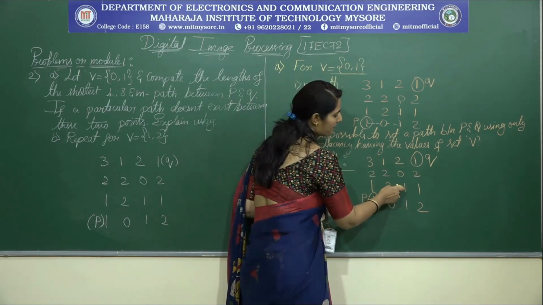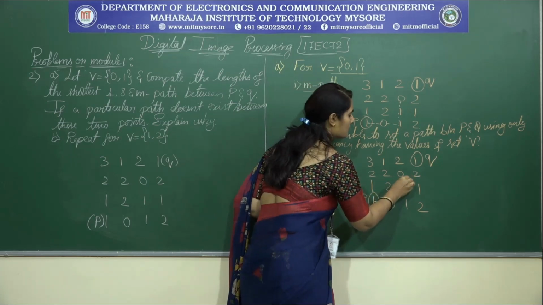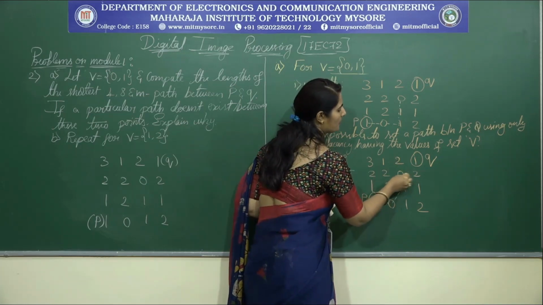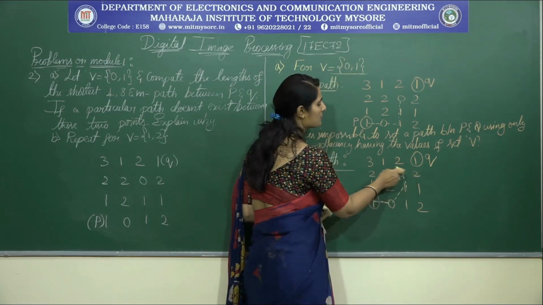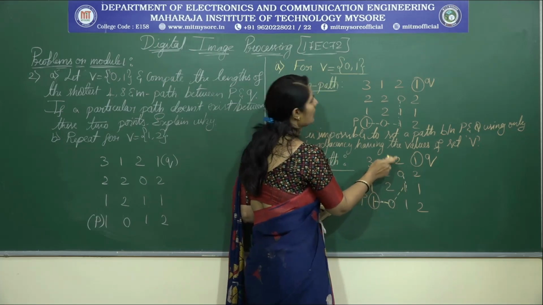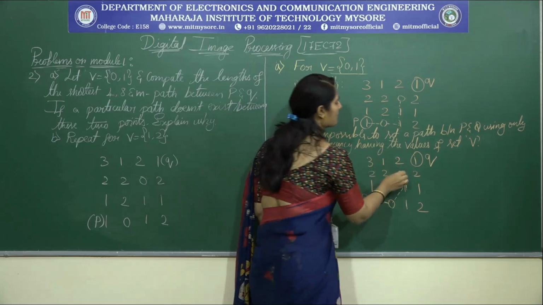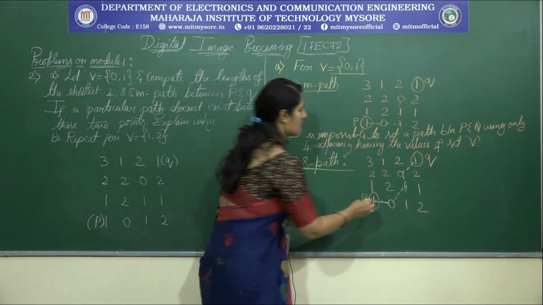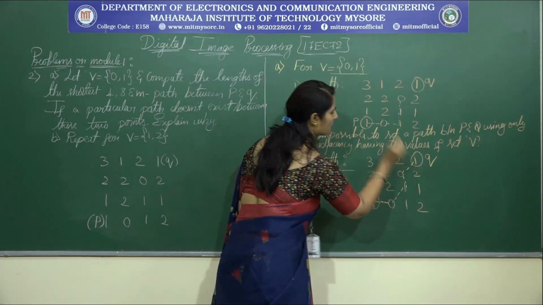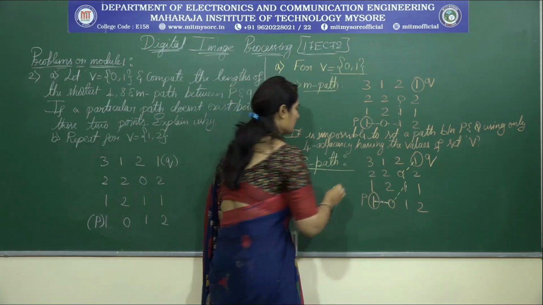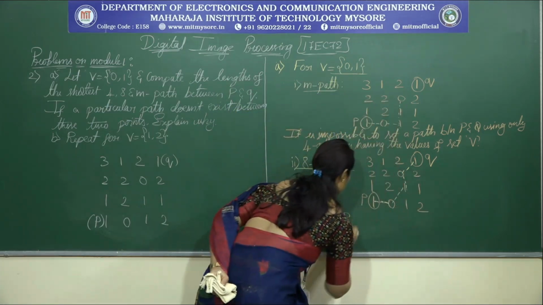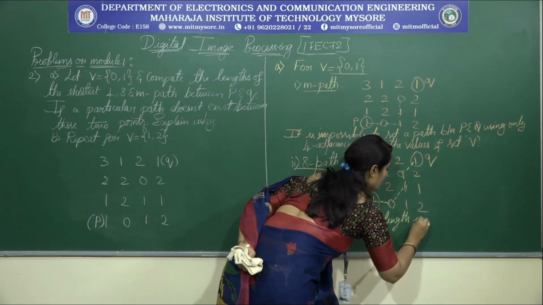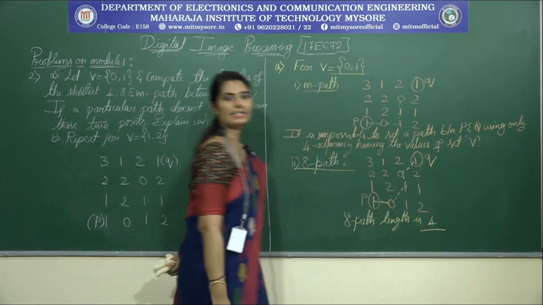And again here I can set a 4 path between 0 and 1. And from 0 I have no 4 paths, even in the vertical direction we have to, where 2 is not in this set V, therefore I will choose this path. So now how many paths do I have? So 1, 2, 3, 4. So the 8 path length is 4. This is the answer.